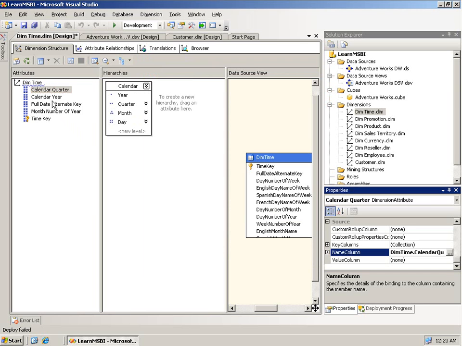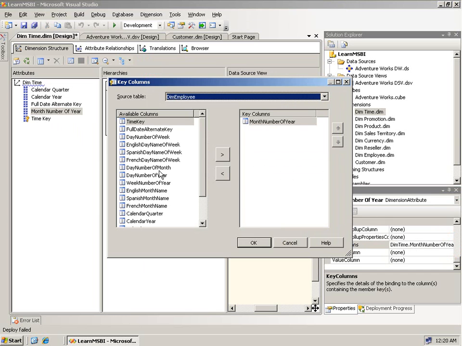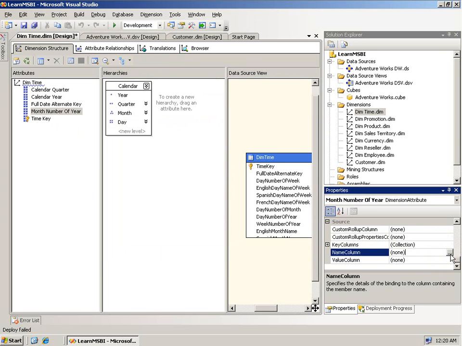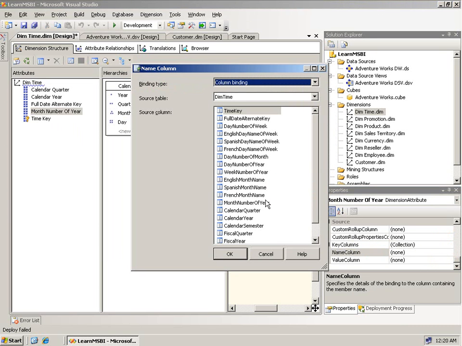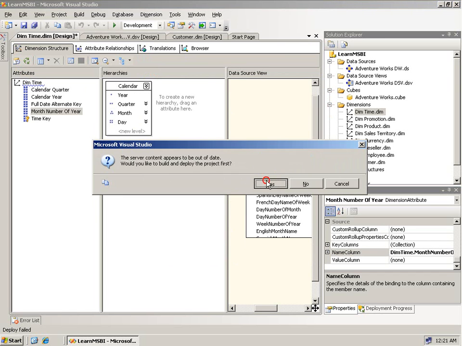And then the same thing with the month number of year, I need to include the year with that, put them in the correct order. And again, for the name column, I can choose English month name or month number of year. It doesn't matter here, I'll choose month number of year just to make it slightly different from the 2005 example. Now if I go to process this dimension at this point,